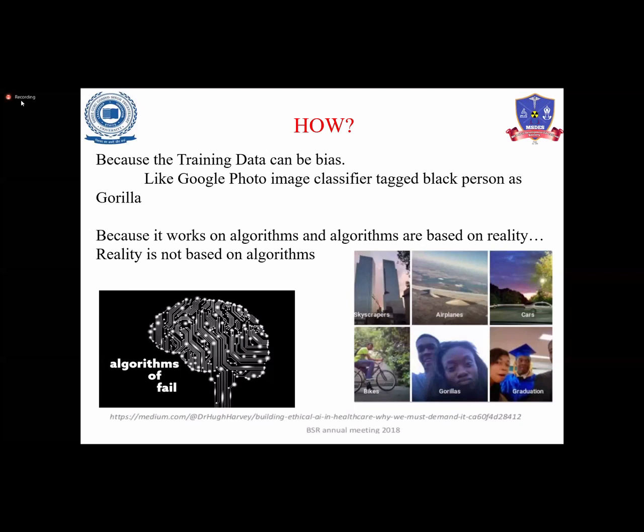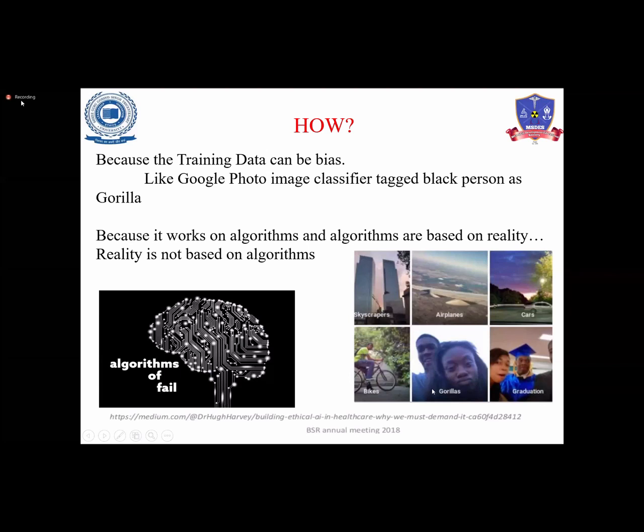As you can see here, the first image, the skyscraper, is marked perfectly by the Google scanner because these are heavily multi-story buildings, known as skyscrapers. This is an airplane wing, which is partially marked as perfect: it is marked as an airplane, but this is not an airplane, it is an airplane wing. And this car is also marked perfectly. This is a bike, but it is not marked correctly. It is a bike only because somebody is riding it, so it is not marked by Google Lens. So here is also an error.